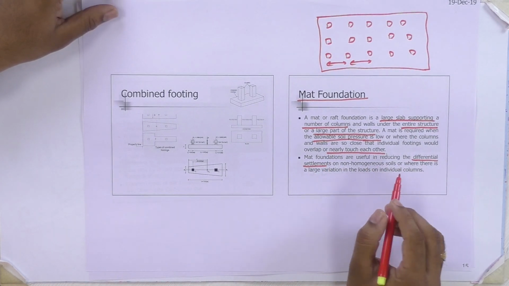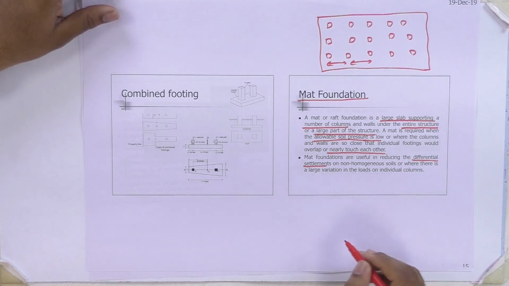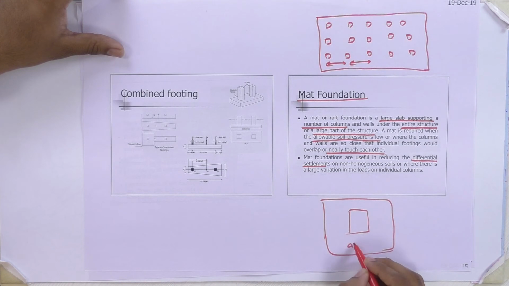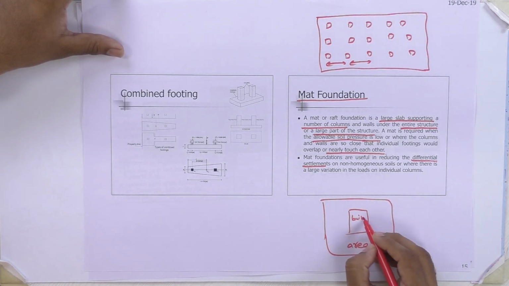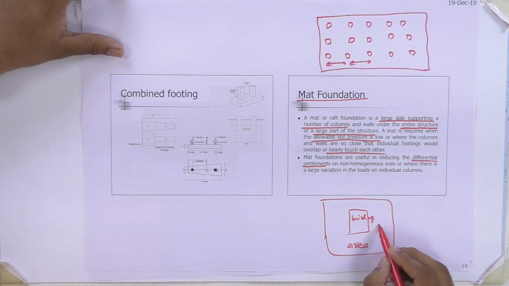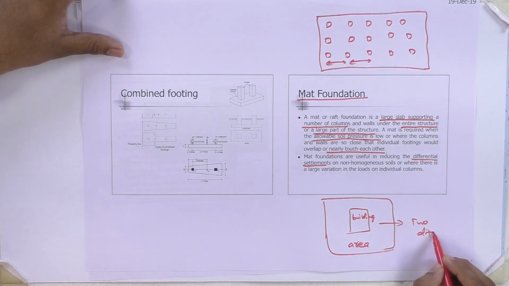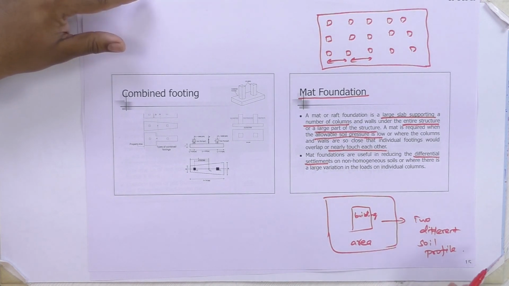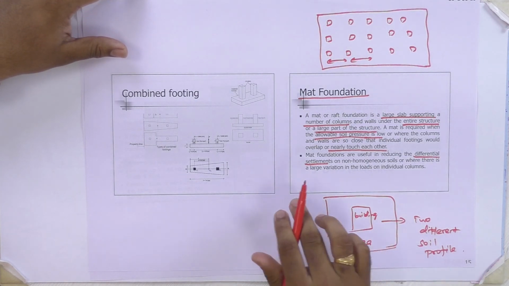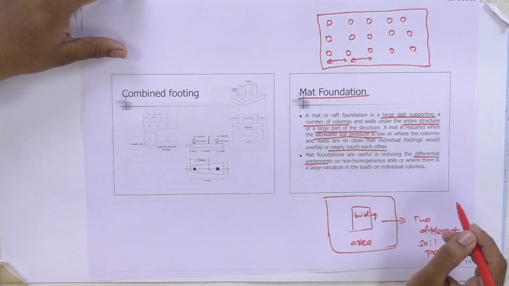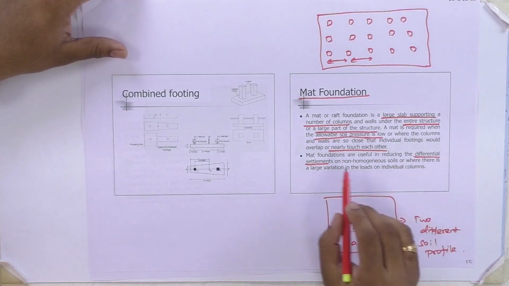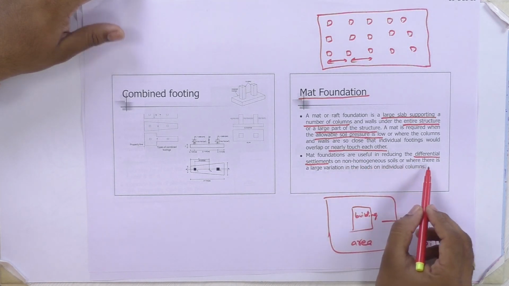Non-homogeneous soil means, I have shown that picture for a single building. So here, this one is an area, this one is a building. In the same building we have two different soil profiles. So with two different soil profiles, we have to adopt this type of foundation. It will help to safeguard the building. So mat foundations are useful in reducing the differential settlements on non-homogeneous soils, or where there is